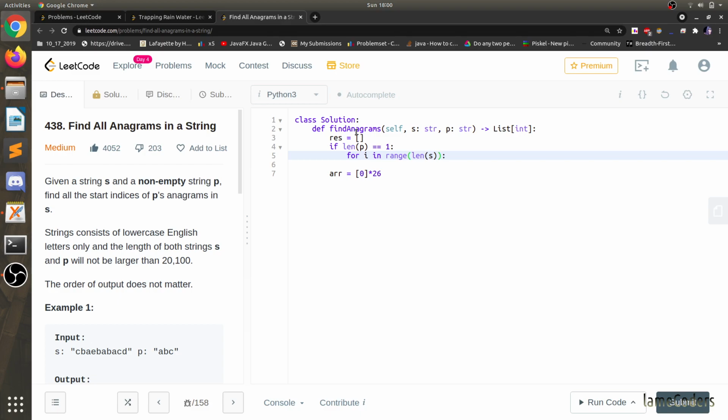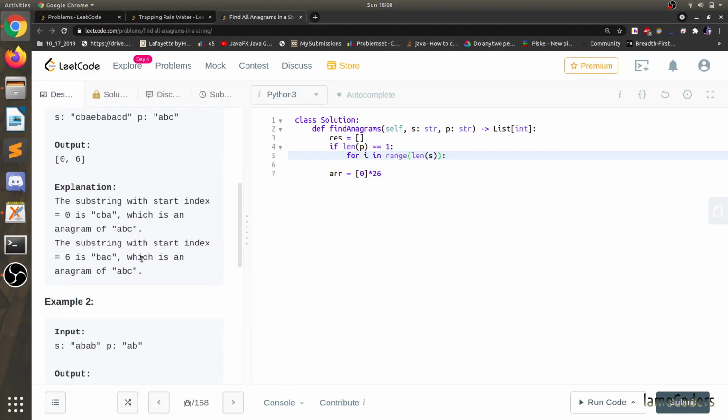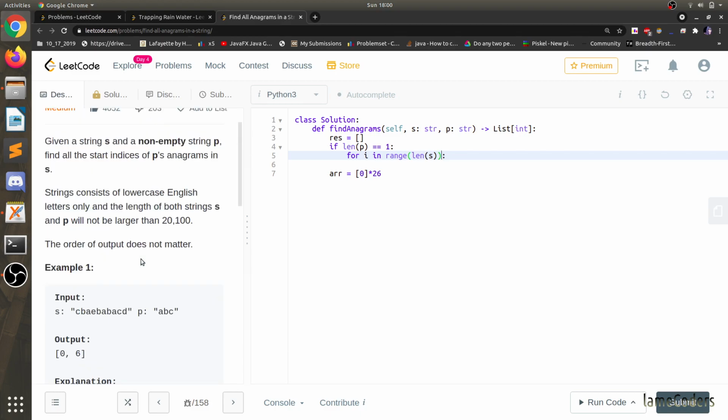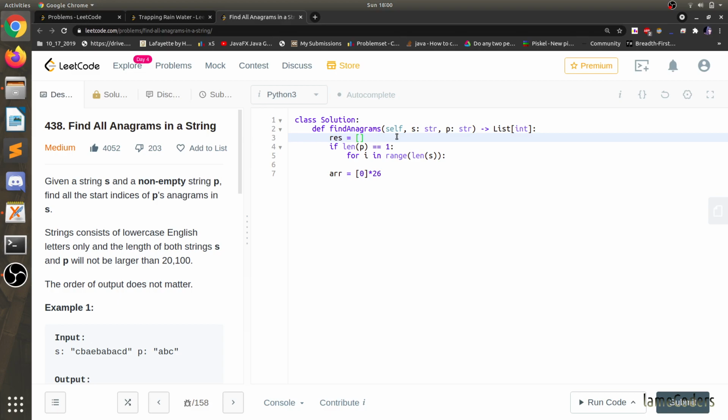Okay, could it be possible that length of P is greater than length of S? It's also not clear, so we have to consider that also. If length of P is greater than length of S, then directly return an empty array.